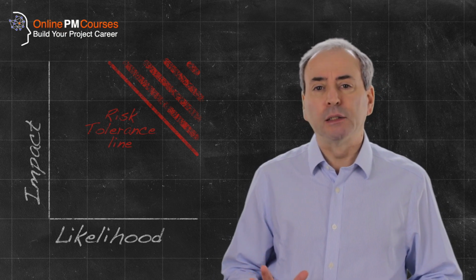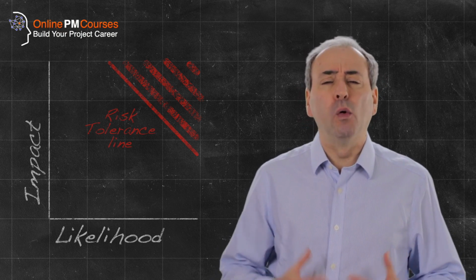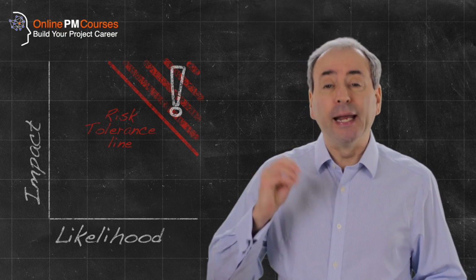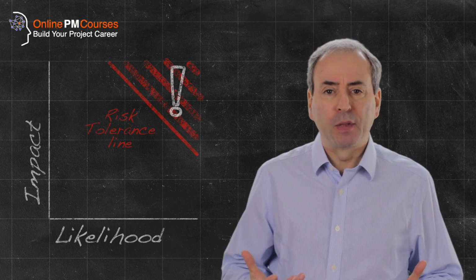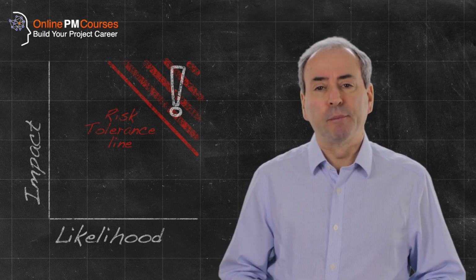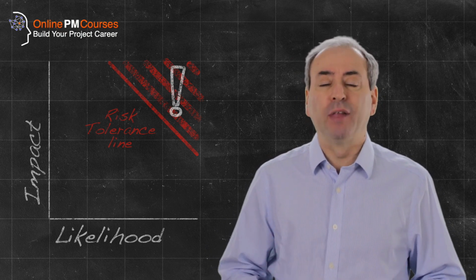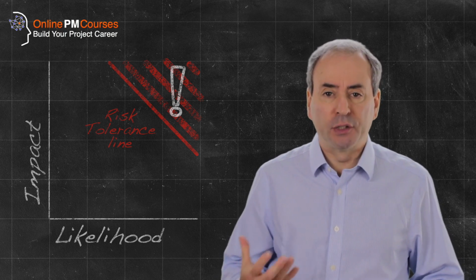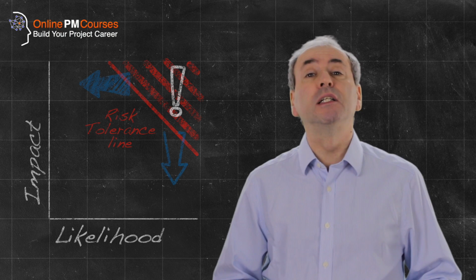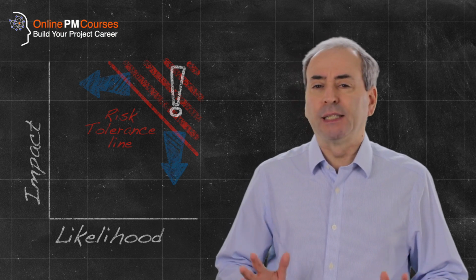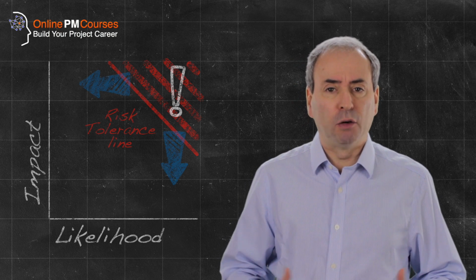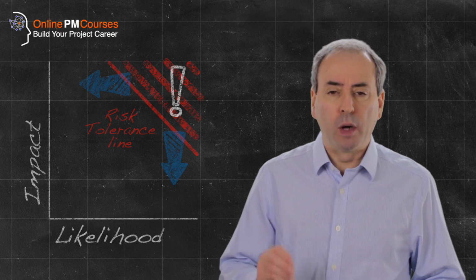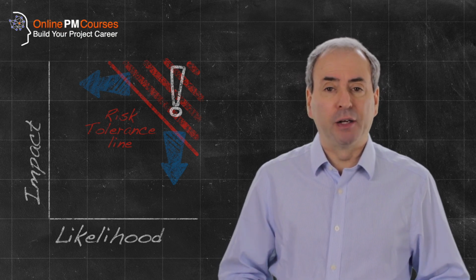And if you think about it, then really and truly an organisation should be saying that if a project has a risk inside this zone I've coloured red, beyond the line of risk tolerance, and we cannot move that risk out of that zone, none of the actions that we can find will sufficiently reduce the likelihood of that risk occurring or the impact should it occur, then by saying that it's beyond the line of risk tolerance, we should be saying that we won't tolerate that risk and therefore we won't carry out that project if we can't manage that risk down.